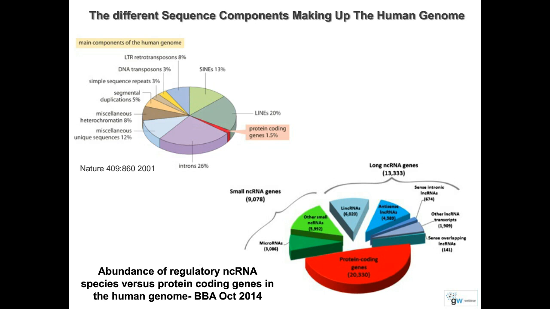So now we have changed our view that the human genome is transcriptionally active, with more than 90% of the human genome transcriptionally active, including both protein coding genes and non-coding genes. Even in this slide, there is no mention of pseudogenes because of the complexity in the analysis of pseudogenes, which I'll describe in more detail in the subsequent slides. No attention was paid to looking at the pseudogenes.